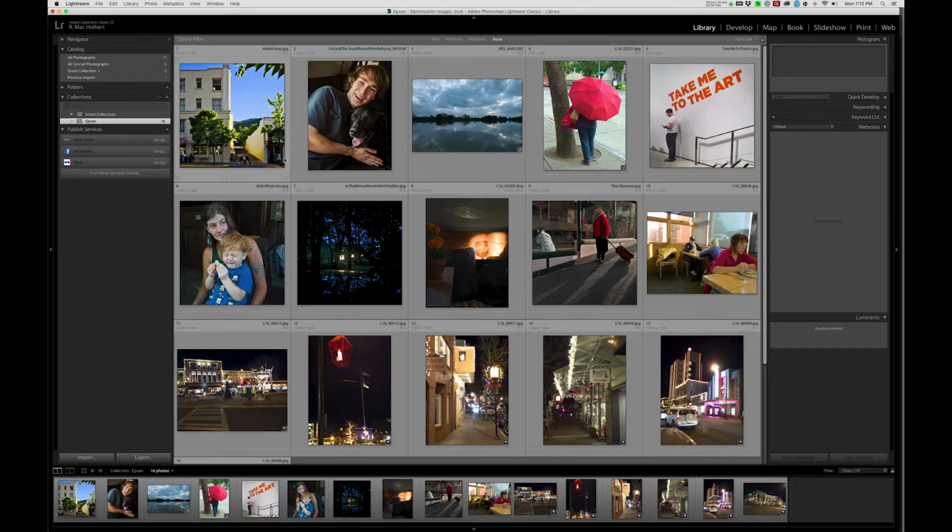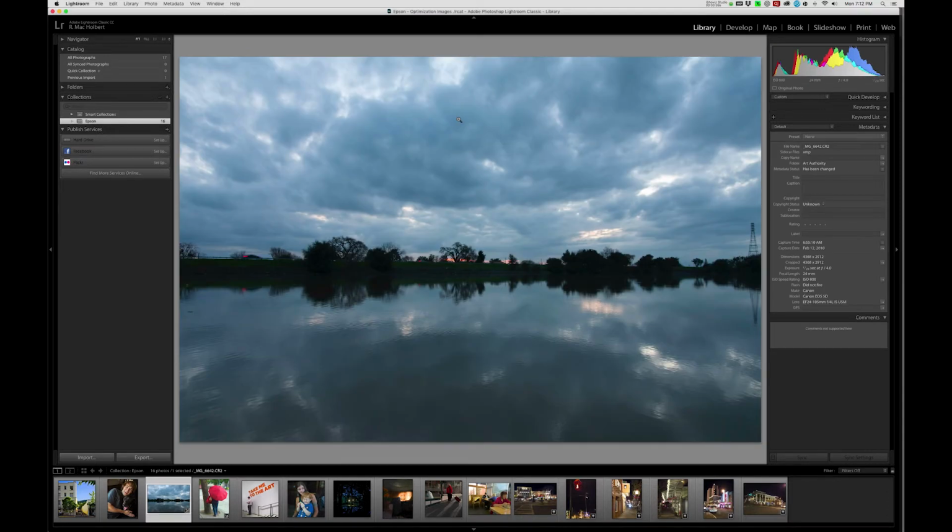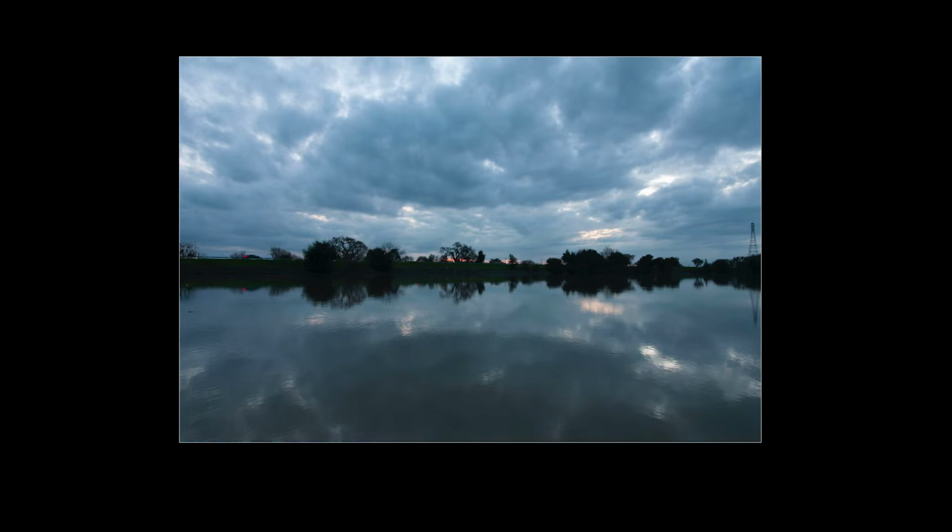So let's get started here. I'm going to pick an image, and this looks good. First thing I'm going to do here is I'm going to hit L, turn out the lights, and I'm going to look at my image, and I'm going to try and pre-visualize where it's going, what I want to see when I'm done. So in terms of luminosity, obviously the blacks are all plugged up, so I'd like to open